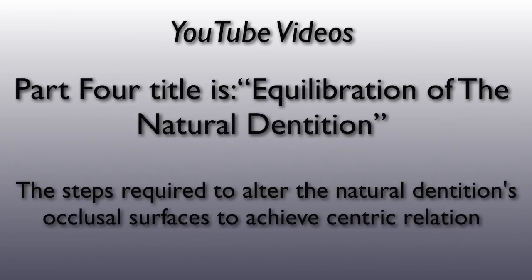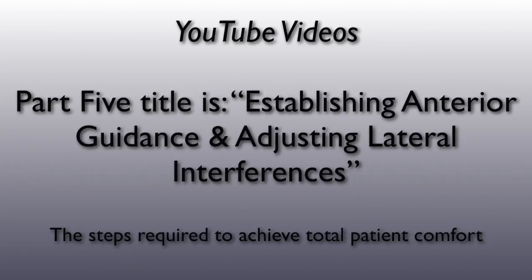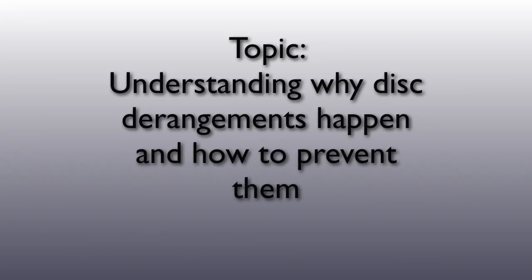Part 4 is titled Equilibration of the Natural Dentition, and it covers the steps required to alter the natural dentition's occlusal surfaces to achieve centric relation. Part 5 is titled Establishing Anterior Guidance and Adjusting Lateral Interferences, and it is about the final steps required to achieve total patient comfort. So let's now discuss the rationale for why we think disc derangements happen and how to